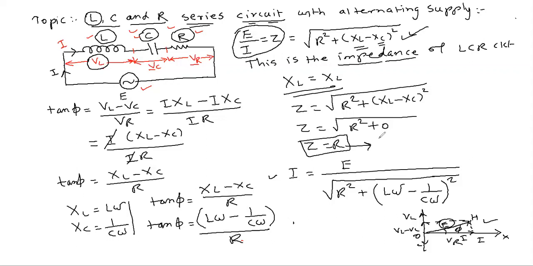That is the expression of pure resistance. This is nothing but the expression for pure resistance. That means whatever the effective opposition of the LCR is, it is equal to only the resistance. That means if the effective value of this three-element LCR is equal to R, it is simply your pure resistive circuit.